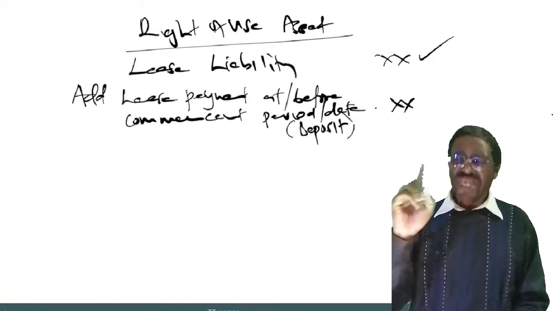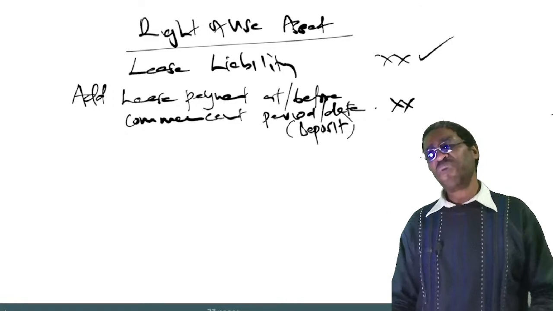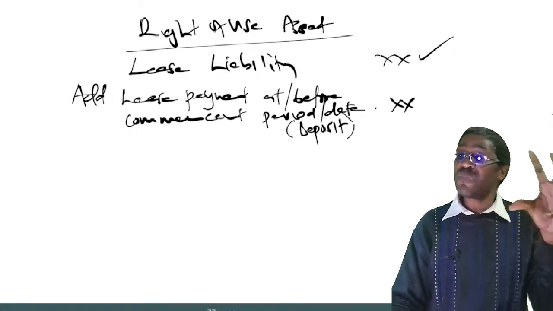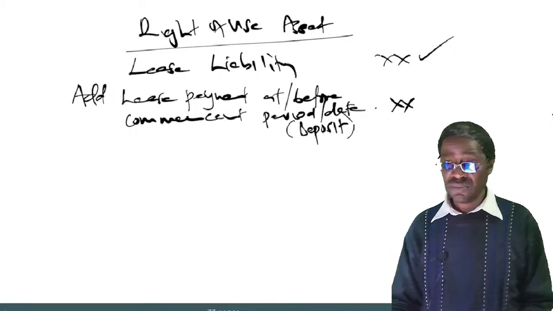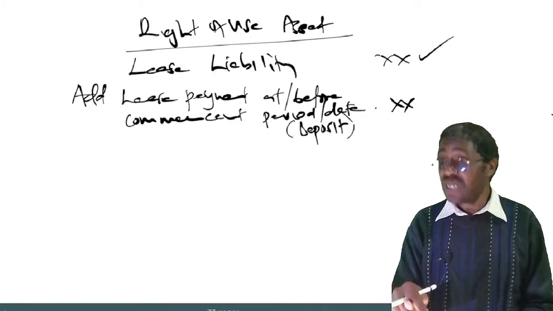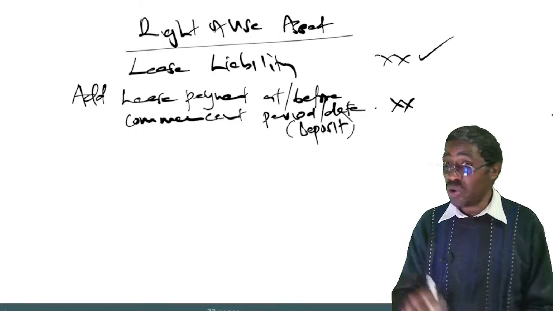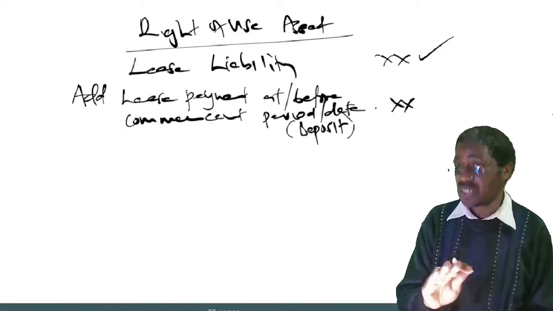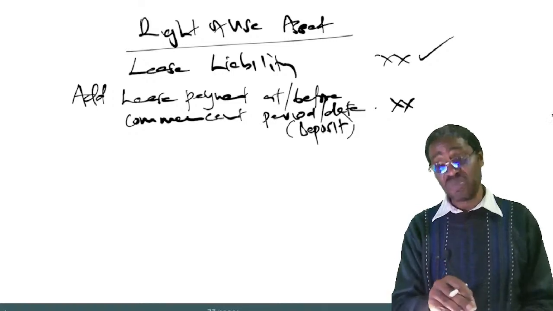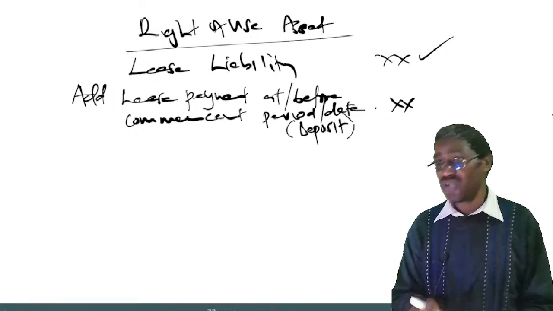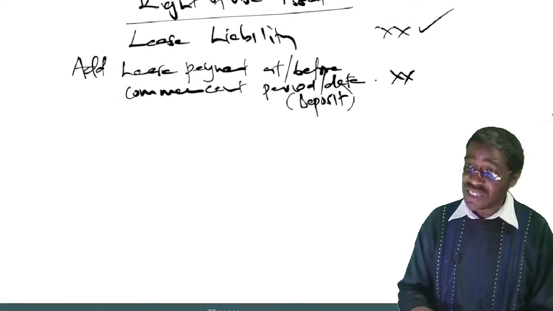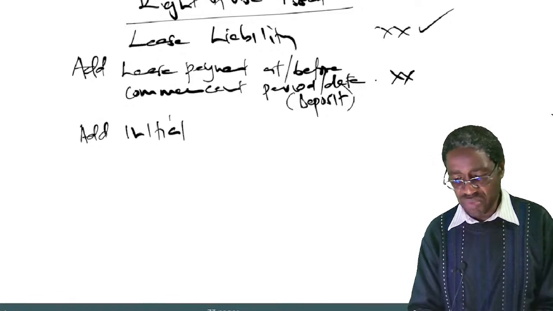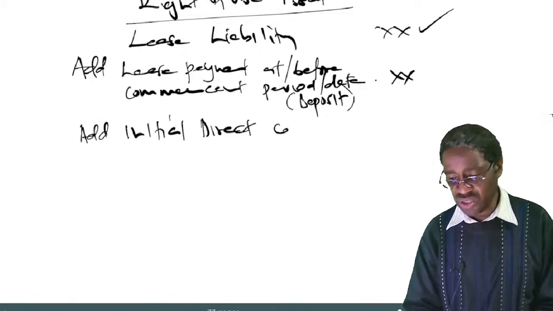Listen, if the question is one where we are paying our installments in arrears, then you got the present value of the 10 installments. So you will not have anything to pay on the first day. So you don't add that lease payments at the commencement. If there is nothing you are paying at the commencement, either as a deposit or your first installment in advance, then you don't add it. Are you getting? Good.